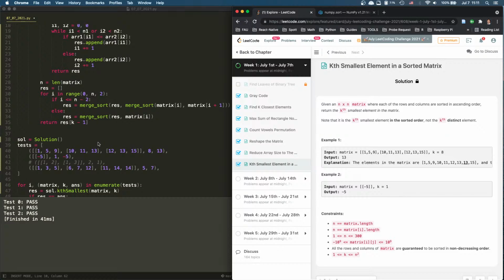At any position, we can use binary search on each row and each column to find out how many values are smaller than me in total. And then if I am too big, that means there are a lot more, then I need to